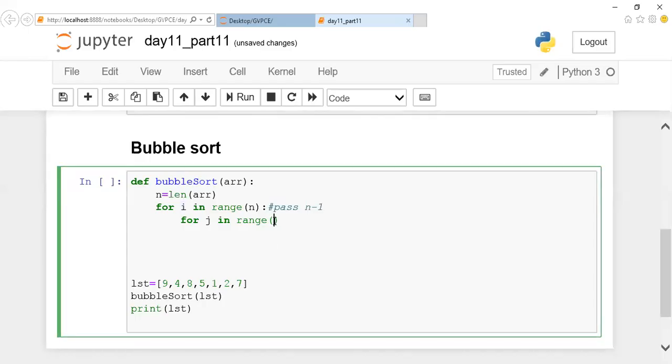Okay, here this j loop should start with 0 until where it should go: n minus i. By default we can mention n minus i minus 1, but let it be without the minus 1 for now. I'll tell you why the minus 1 is needed. Right now keep it as such. For each and every pass, I'm going to go to n minus i times: the first time n minus 1, second time n minus 2, and third time n minus 3. We are going to go like that. So let me mention n minus i here.